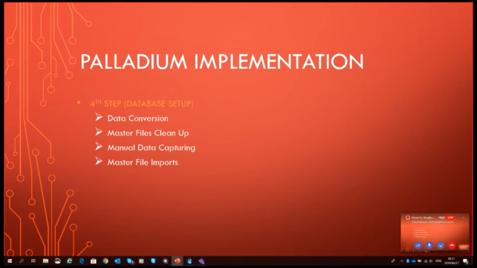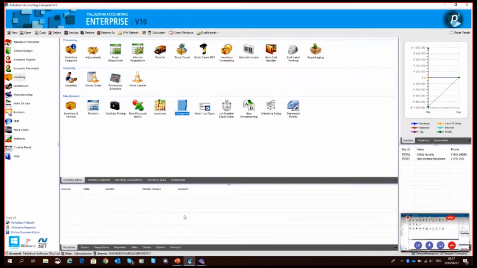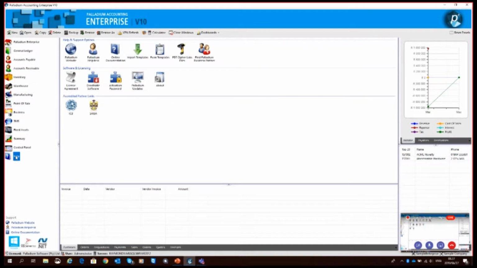Okay, so you do not have to guess this format, because Palladium already has import templates for each and every master file. You can get these import templates in Palladium as well, and then structure your import files in that manner. If I go to Palladium under help here and under import templates,